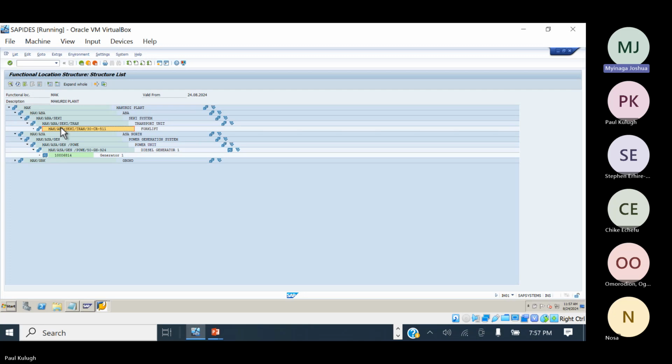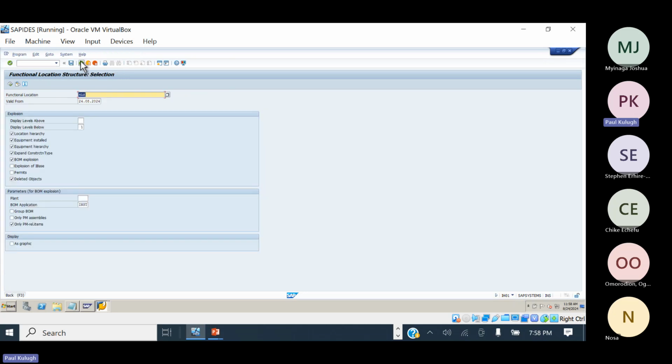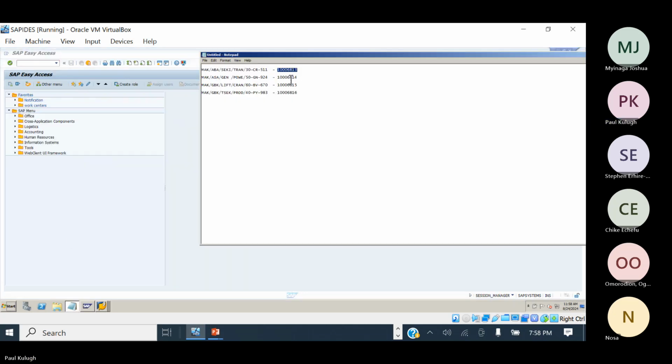Please can you go over the dismantling process again for just a second? Okay, so let's dismantle this one again. To dismantle again, you need to open the master record of that particular equipment. For example, this generator, using